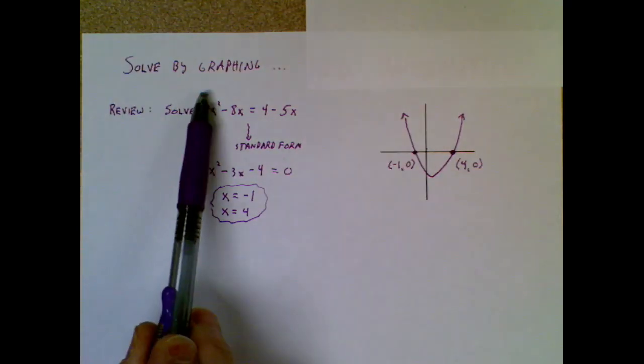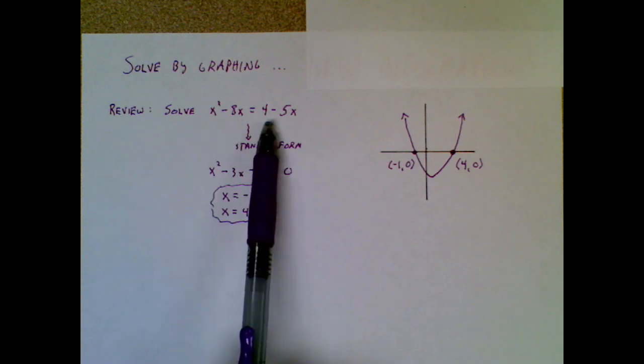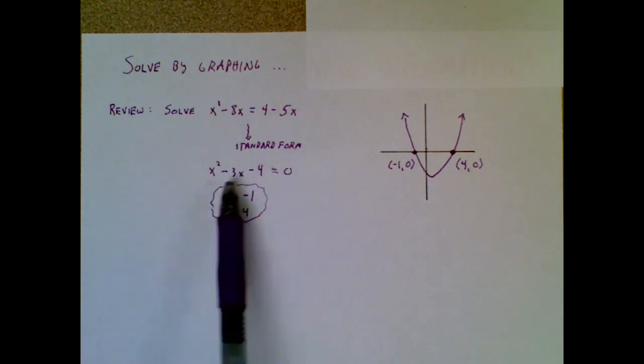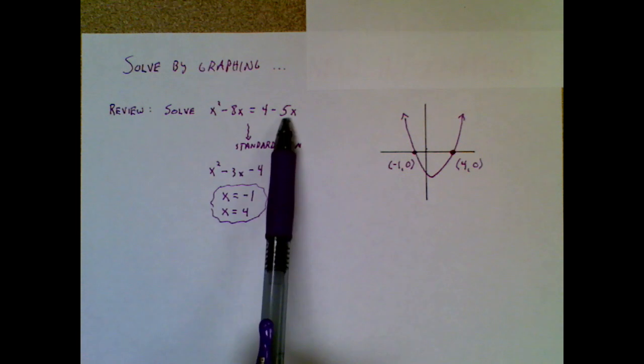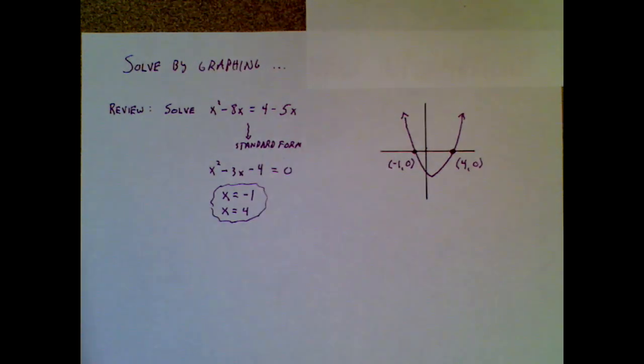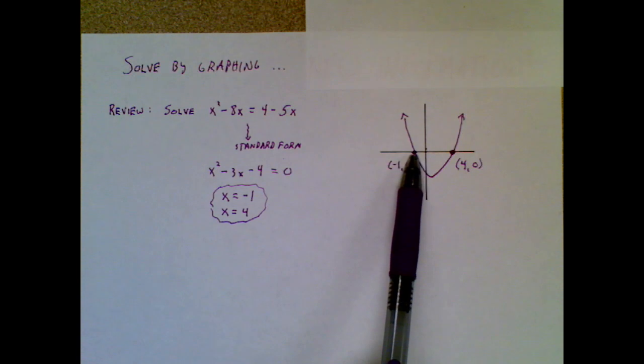You already know about solve by graphing, but a quick review. This equation is not in standard form, but because you have algebra skills, you can set the equation equal to 0 by moving the 4 and the minus 5x over to the other side. Once you have it in standard form, you graph it, and you look for your x-intercepts, otherwise called your roots